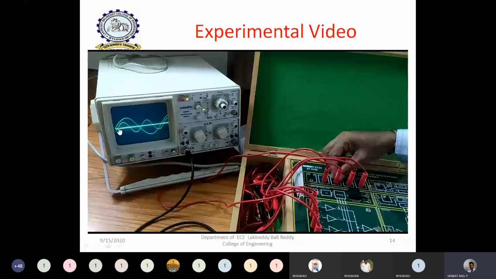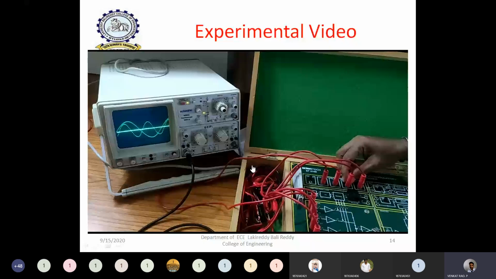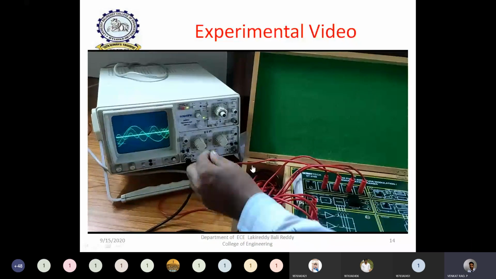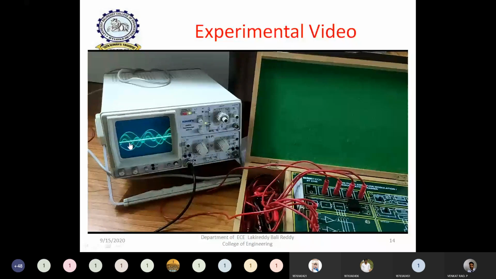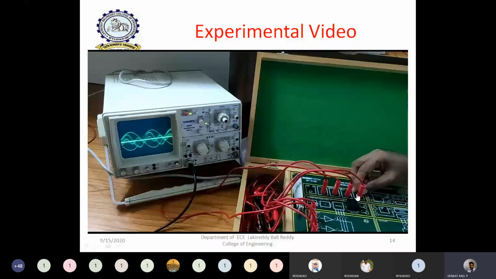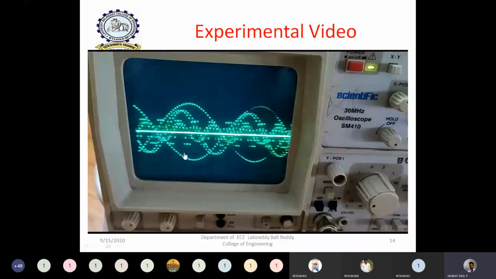Then I am going to increase the amplitude of the third signal so that 3 signals are multiplexed at this point. Let us see. I am increasing the third one's amplitude. So now you can see the third signal is going to be multiplexed. Okay, 1, 2, 3. Now, if I increase the fourth signal and change the fourth signal amplitude, then you can clearly observe how all the 4 signals are multiplexed.